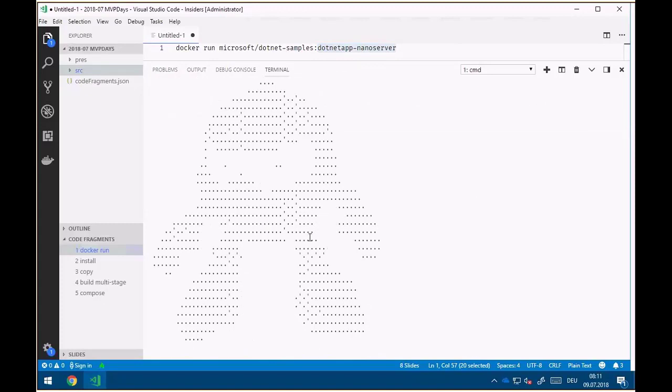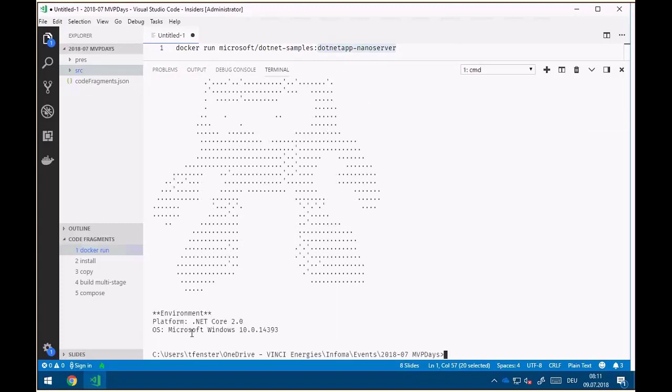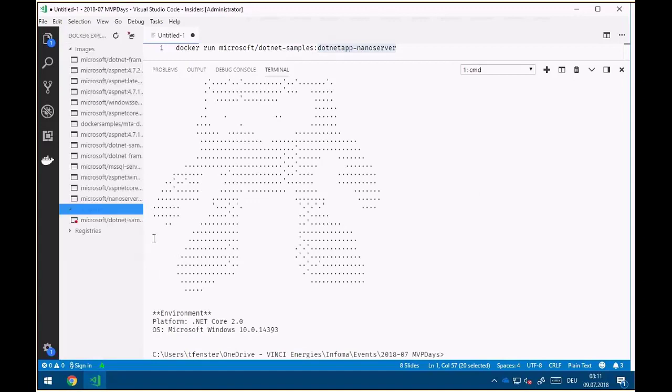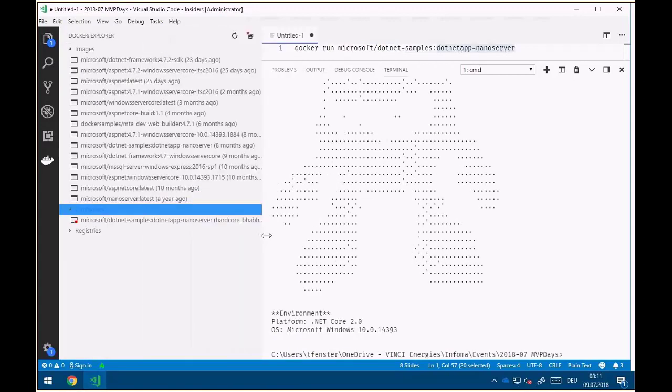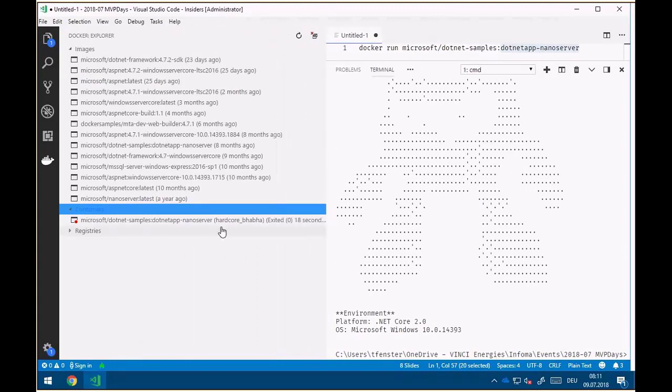and shows that guy here, outputs the environment, and with that we're done. If I go to the containers again here, you can now see here that we have one. That one has already exited because the sample only shows that output and then stops. You can see here that it has a generated name, and you can see here that this is the image that was used. And the little red dot here says that that one has already exited and stopped,